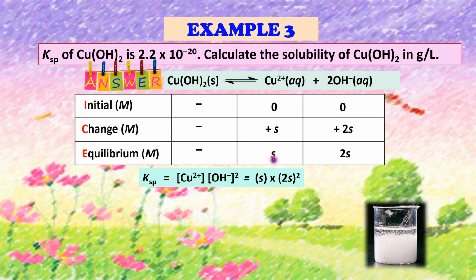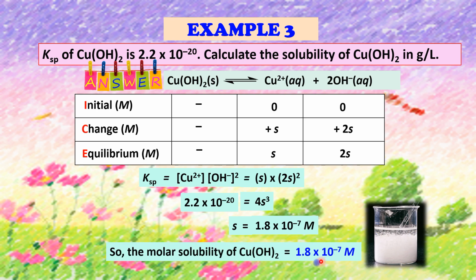Substitute the concentration at equilibrium. Okay, remember power of 2. Okay, and then substitute KSP. So, we will get the molar solubility here equal to 1.8 times 10 power negative 7. Unit here is molar. Okay, so the molar solubility of copper 2 hydroxide is 1.8 times 10 power of negative